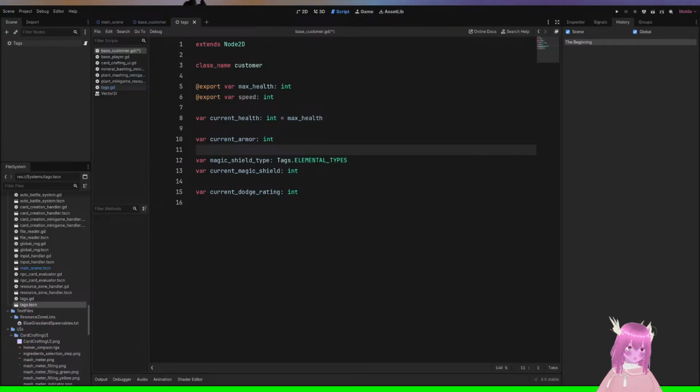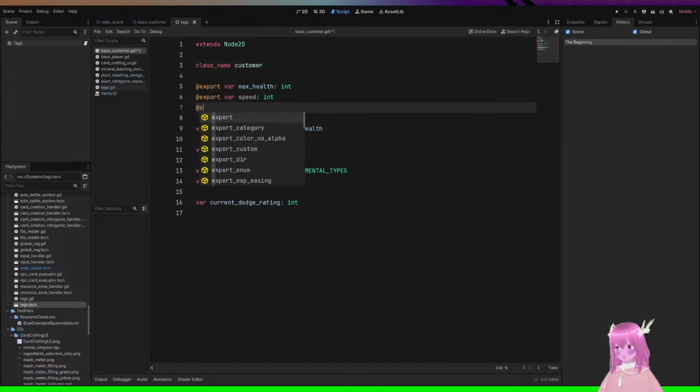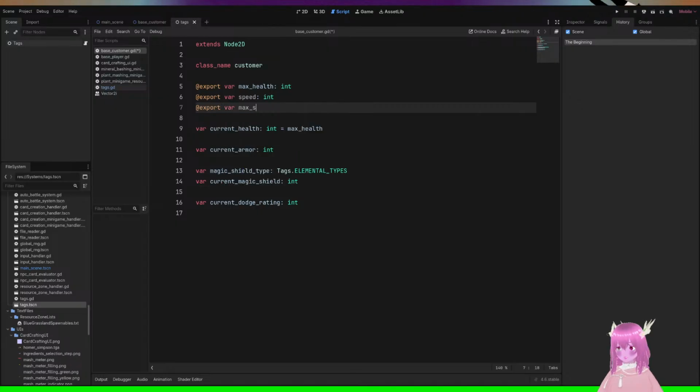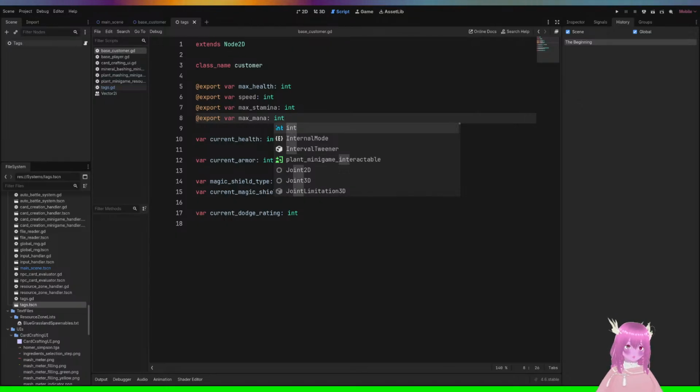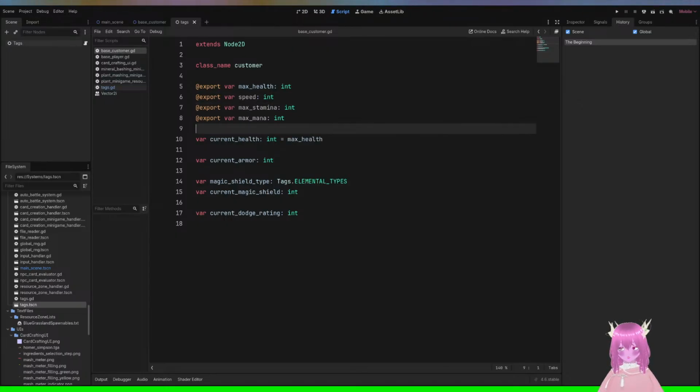The things I thought about were that I don't even have things like stamina or mana here. @export var max_stamina, @export var max_mana. Those are things that all of them will have and start with. So that's kind of important, right?